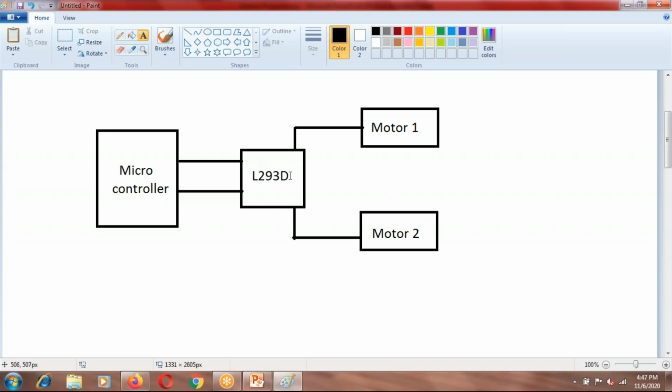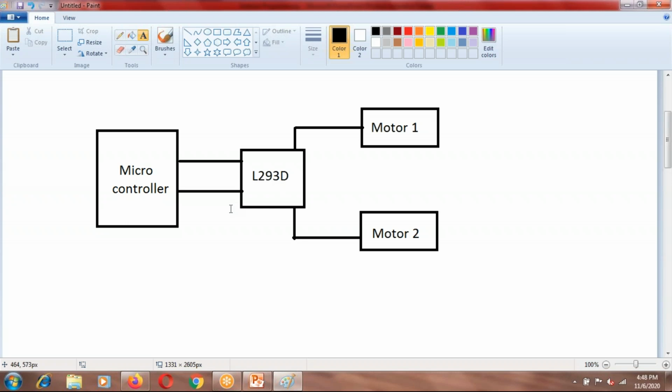Okay, so it also acts as a kind of amplifier. You can assume it to be in that fashion, that it just amplifies the current and provides the required current to drive the motor. Whatever current the motor requires, L293D is able to provide that much current. And voltage also, because in L293D you will see that there is an additional supply to provide the motor with sufficient voltage.